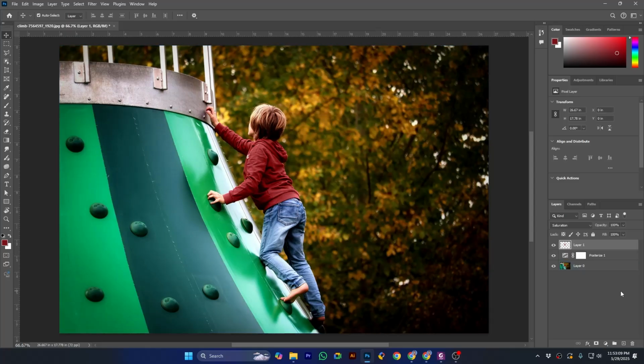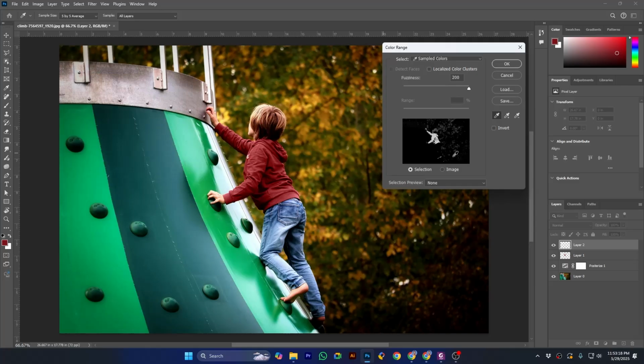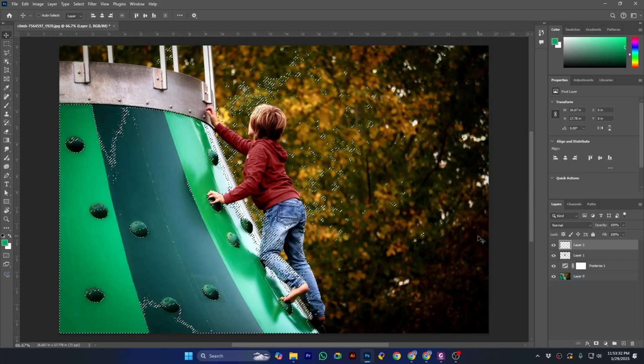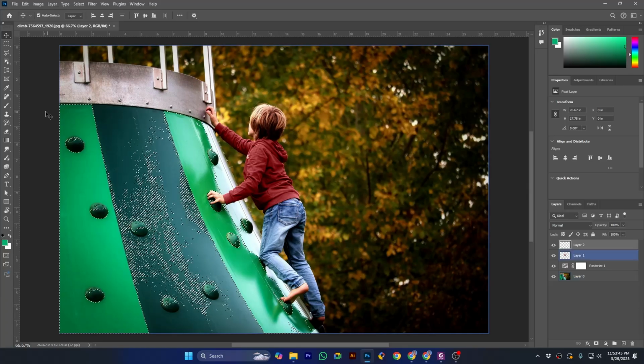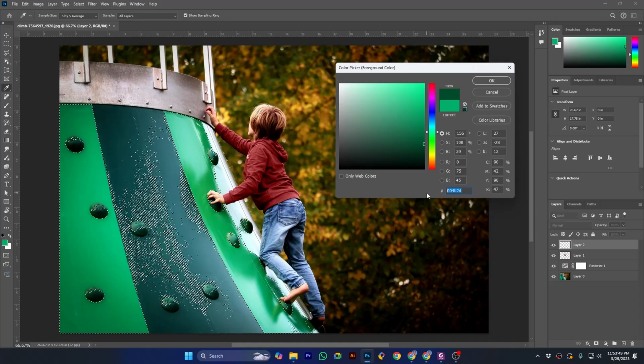We can also change the green color. If we create a new layer, then go to color range and then access this green color. You can see this green color and okay it. Actually it is selecting a large area. I am only accessing this color. Okay, so okay, and now I am making it more darker and just copying it,